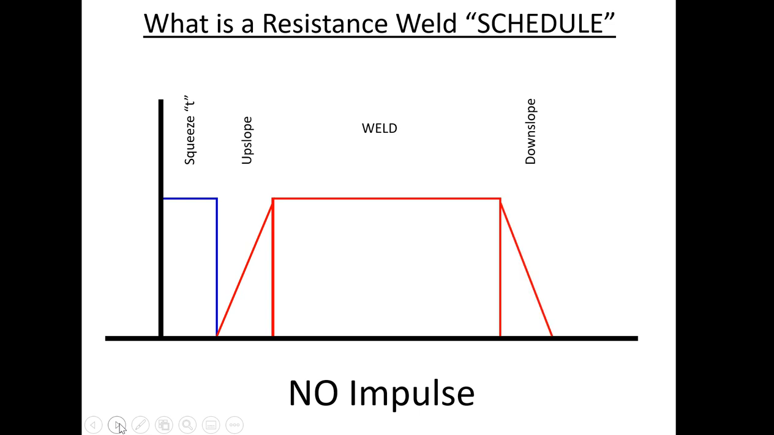And of course, you could have a little bit of a downslope. I leave it there just in case. If I have HSLA, or something with a little higher carbon content, martensitic steels, boron steels, I always leave a downslope in that, because